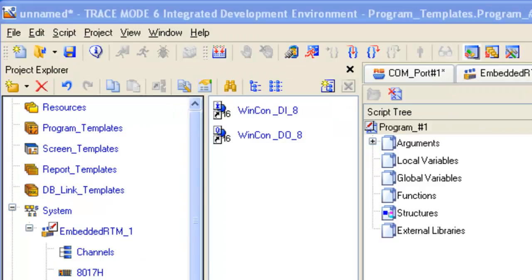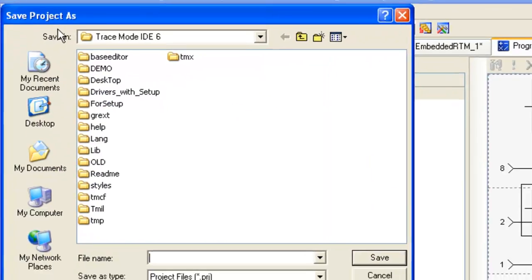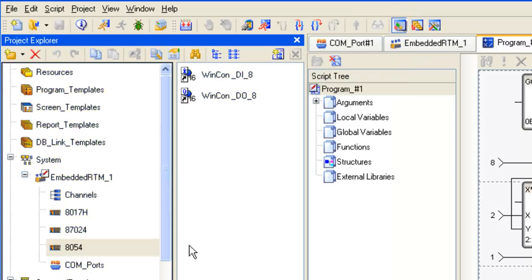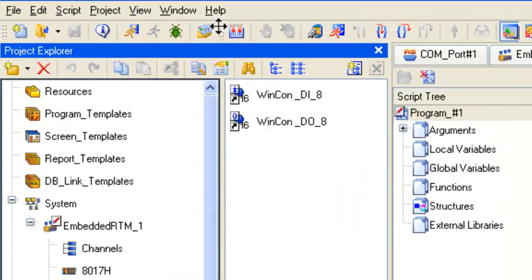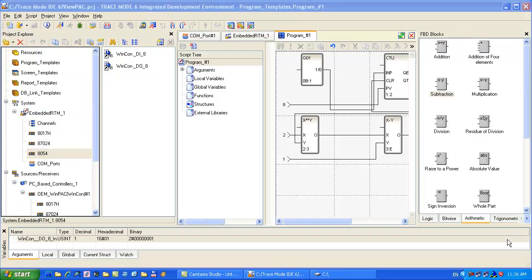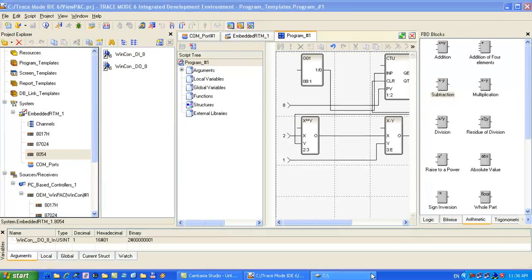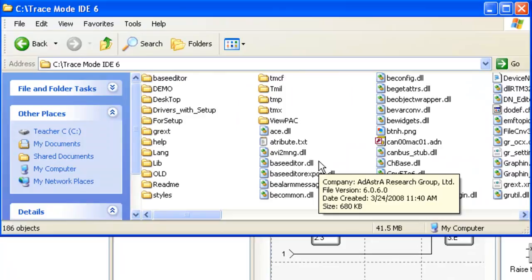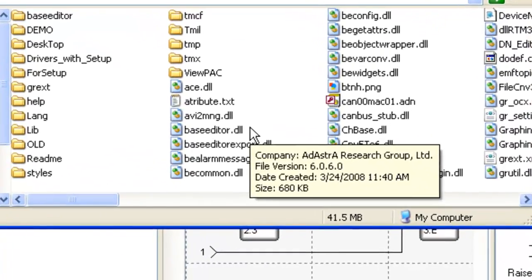Now all we need is to save our project on the disk with the name ViewPAC. Then using this icon, we save project for real-time monitor. It's necessary to do in order to run our project in the real-time mode under TRACE MODE runtime software, micro TRACE MODE. As a result, in the folder TRACE MODE 86 was created a folder with project name ViewPAC,